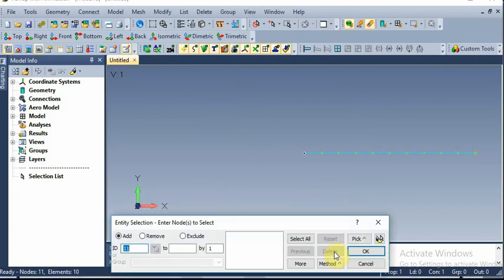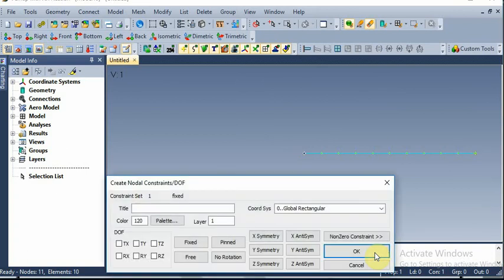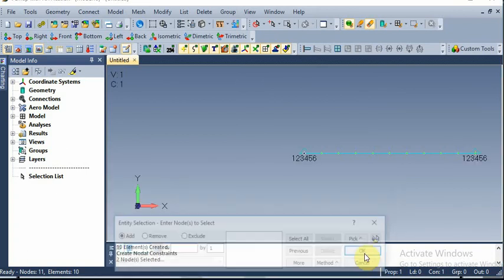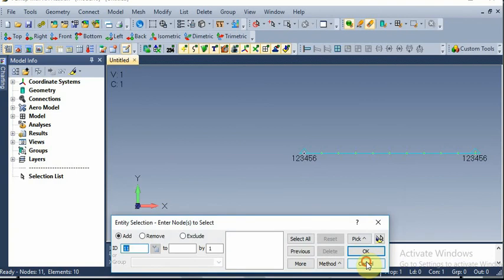Okay, now we can select the left node and right node. This is the left node and this is the right node. Give OK, make it fixed, give OK, cancel it now.